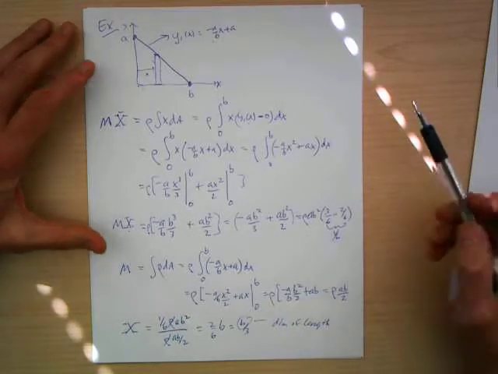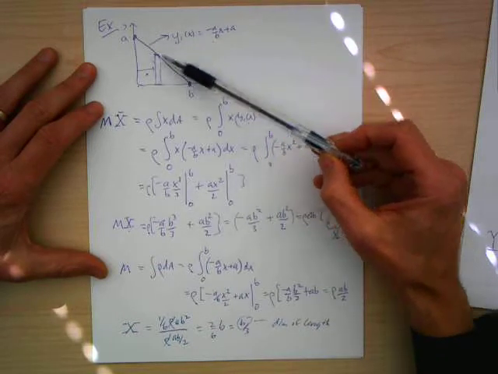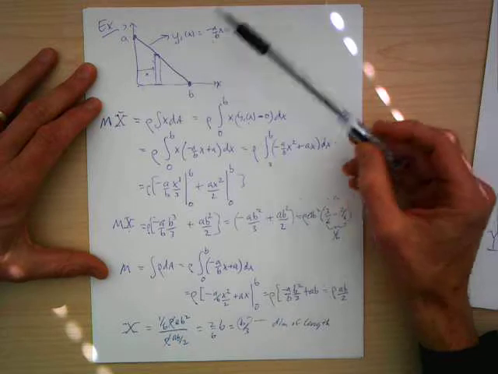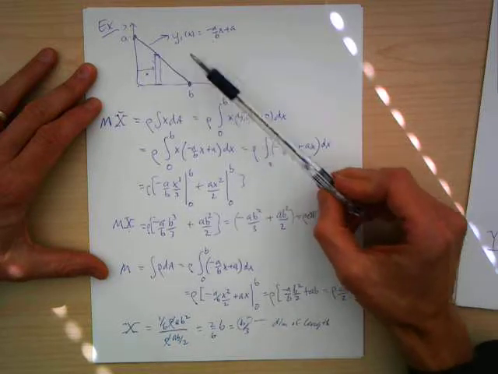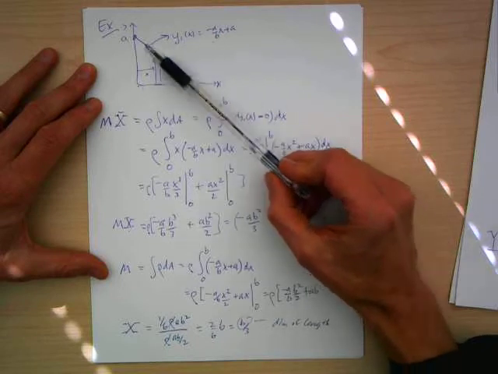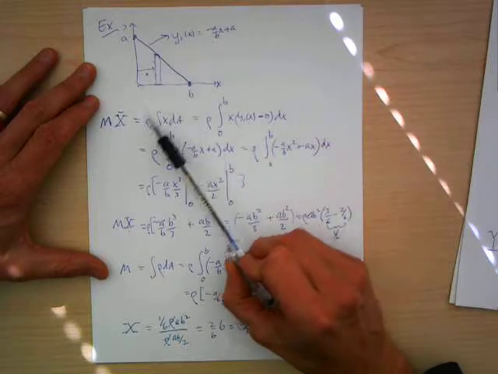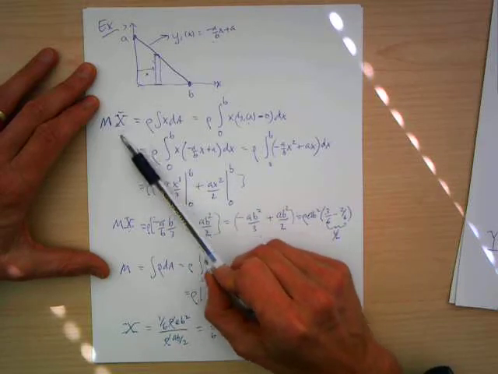Okay, we're back and we're looking at our example. So here's the example we were trying. We have a triangular plate, uniform density. We're going to try to find the center of mass for it. And the function for the edge of the plate is y1 of x equals minus a over b x plus a, the intercept. Okay, so we're going to take our formula for the coordinate in the x direction, the x coordinate